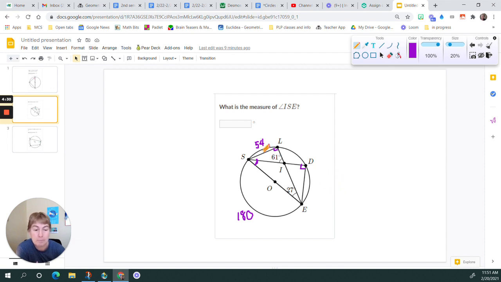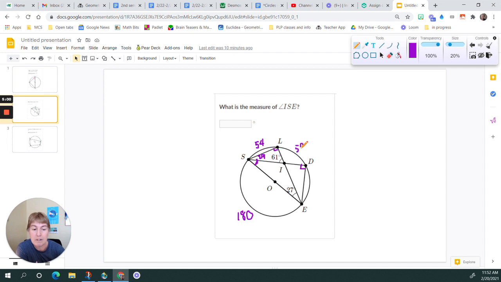And now that I know some angles, I can find some other angles in this picture. If I look at this little triangle up here, for example, it's a right triangle. I just marked that angle. If this angle is 61, 180 minus 90 minus 61 is going to tell me that this angle is 29. And if I do 29 times 2, look at this, it gives me this arc. And 29 times 2 is going to be 58